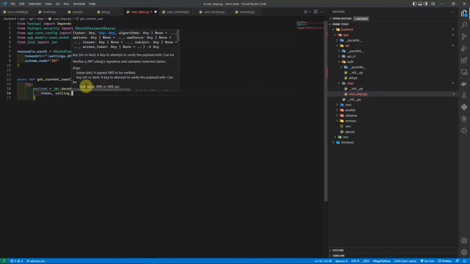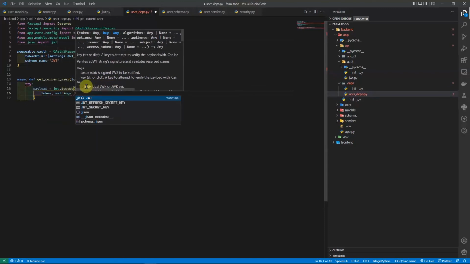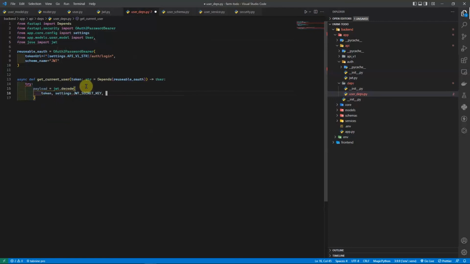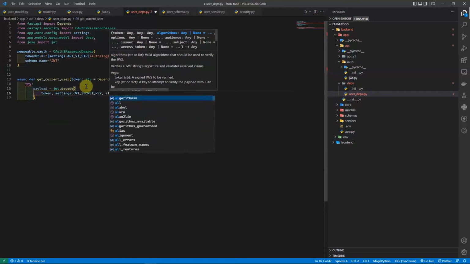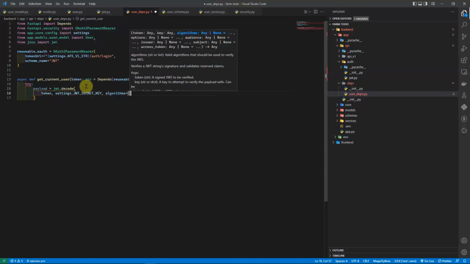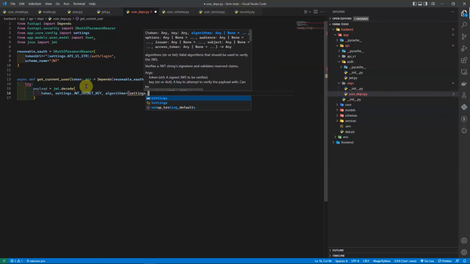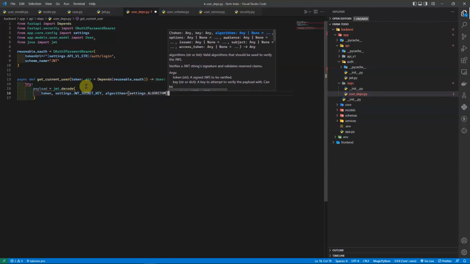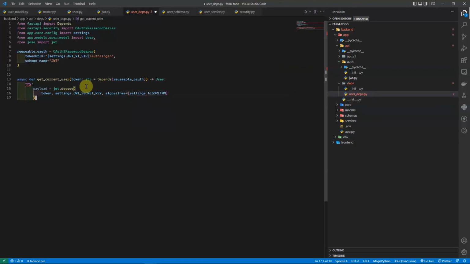Settings dot, and then we need to pass our secret key that we used to encrypt this JWT, and then algorithms is equal to settings dot algorithm. Now this should give us the payload if everything is good with the decode function. So we need to validate that the token data is valid. So the token data is,